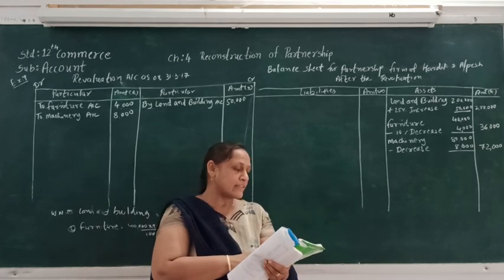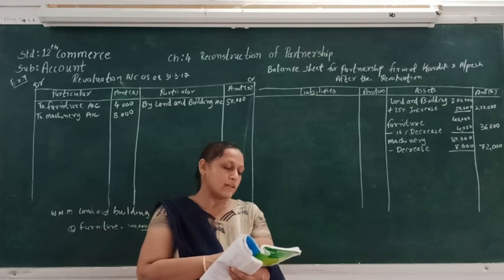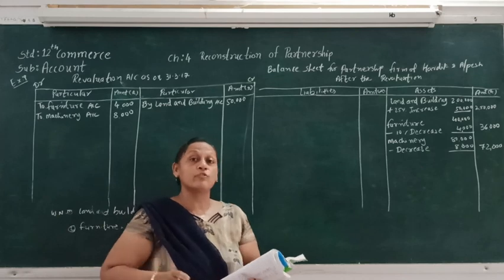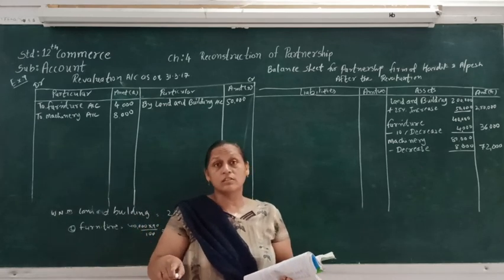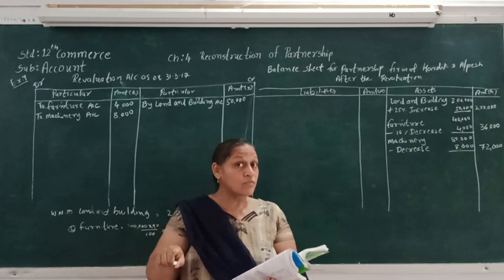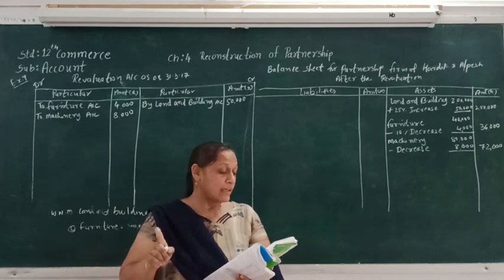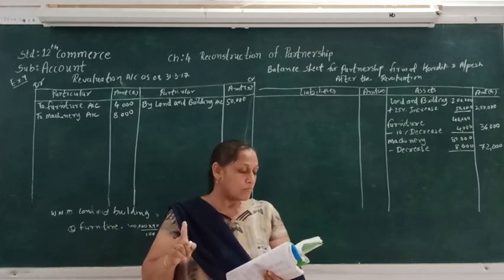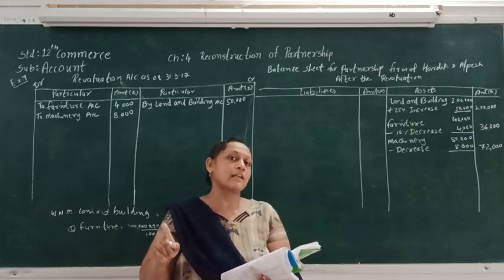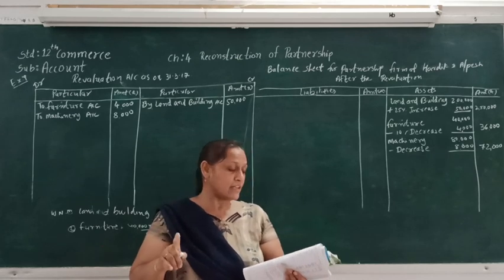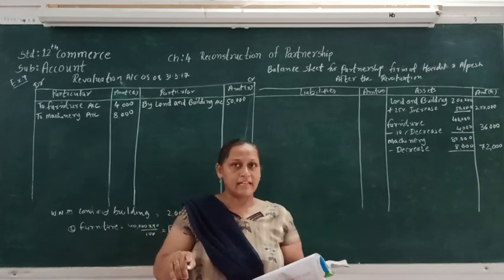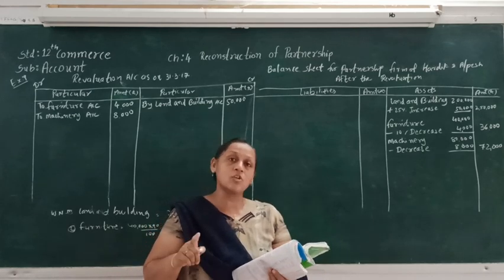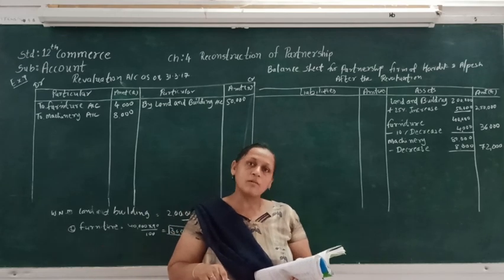Now let's see the next. Adjustment number 4. Book value of closing stock is 10,000 less than its market value. See, here something is given to you that can be confusing, but there is no need to be confused. Here the book value is less than the market value. That means we have to increase the value of the stock by 10,000. Market value is more and book value is less, so here we have to increase the value of the stock.